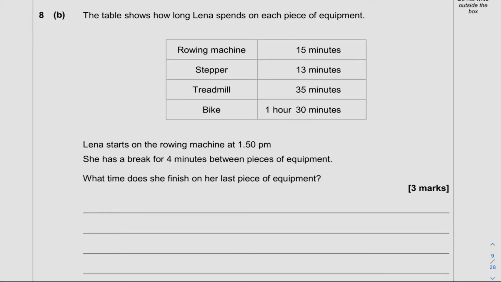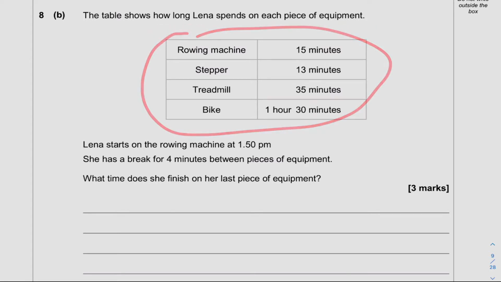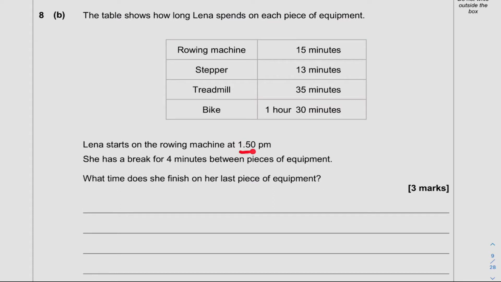Okay, so for part B, we are given a table which shows how long Lena spends on each piece of equipment, as shown here. Lena starts on the row machine at 1:50. She has a break of 4 minutes between pieces of equipment, and we need to know what time she finishes on her last piece of equipment. So in total, there's 4 pieces of equipment, so there's going to be a break here, a break here, and a break here, so that's 3 breaks. And each break is 4 minutes, so we do 3 times 4 equals 12 minutes